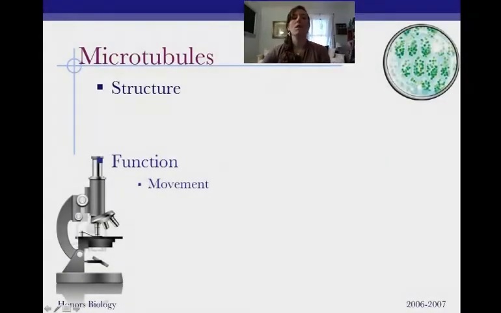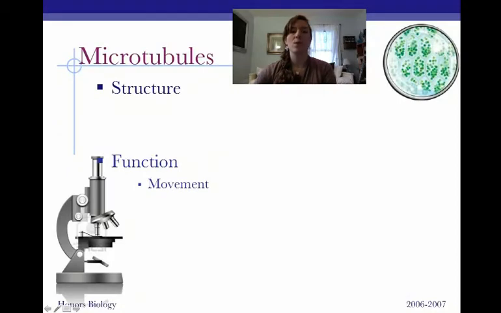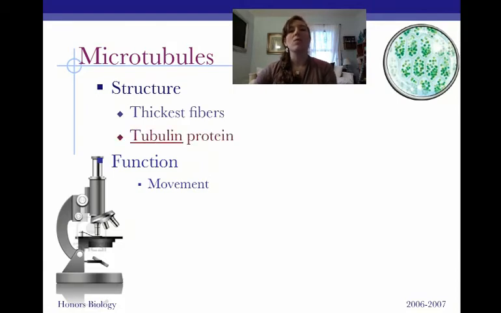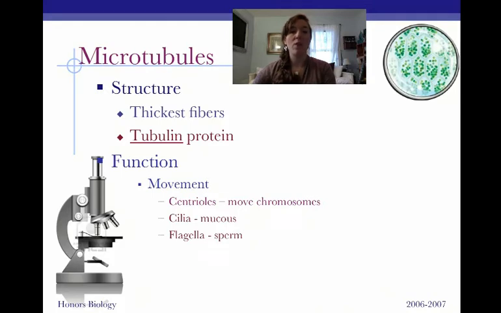Let's look at each one separately. First, we have the microtubules, the tubbiest and largest of our filaments. These large filaments are made up of a protein called tubulin. These tubules are what make up structures in the cell called centrioles, which pull apart chromosomes during cell division. These tubules are also what make up flagella and cilia on the surface of cells, which both aid in cellular